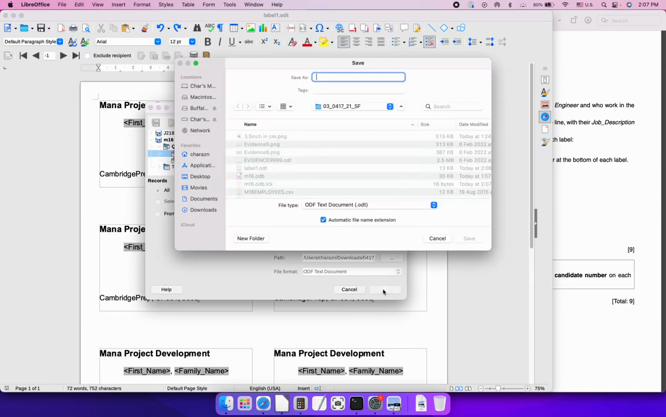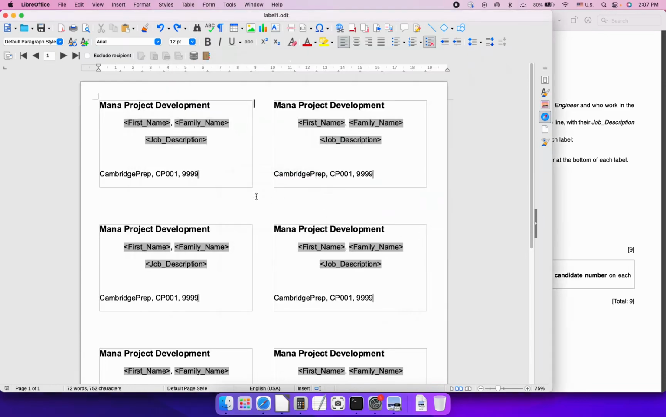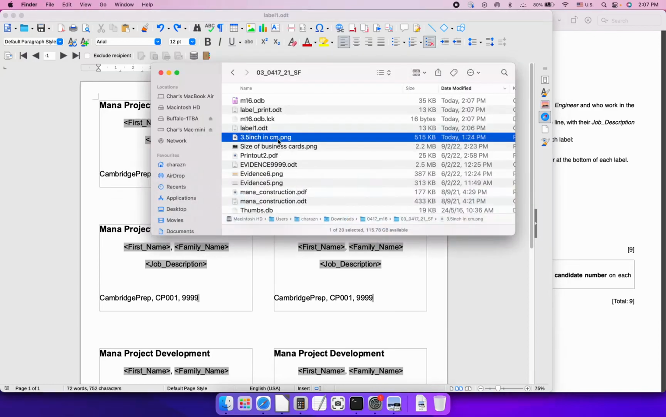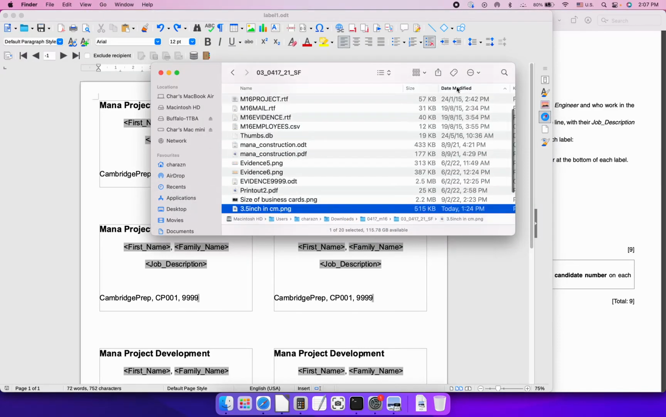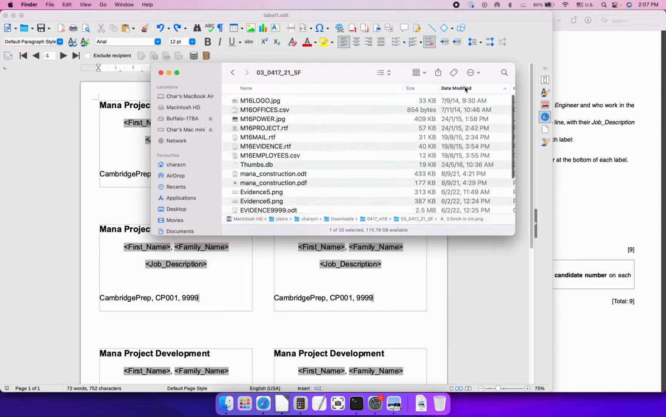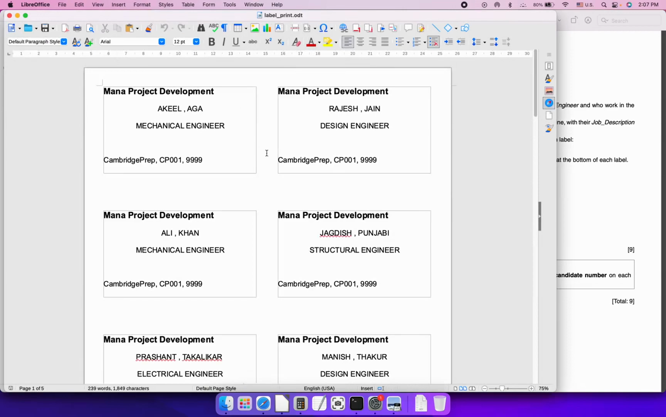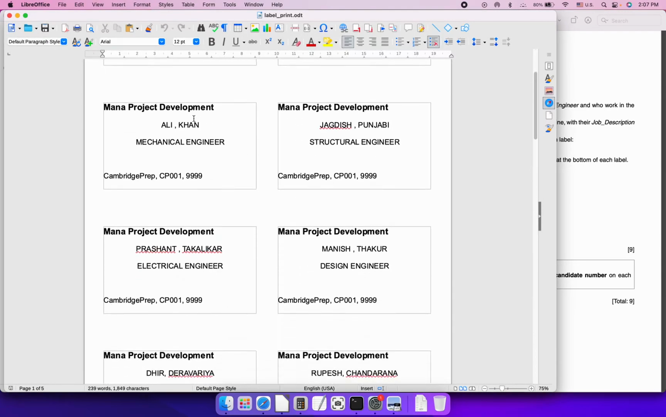And then ODT and Office, so we can click this back. And we click OK. So we give it a name, so label print, okay, ODT. And we save. Okay, so you can see 3 of 3. We can go back to our Finder and notice that our label print is here,